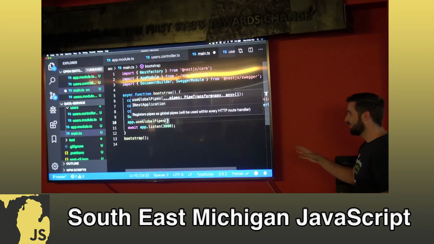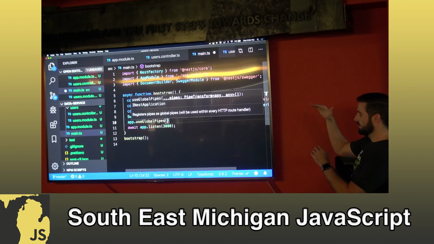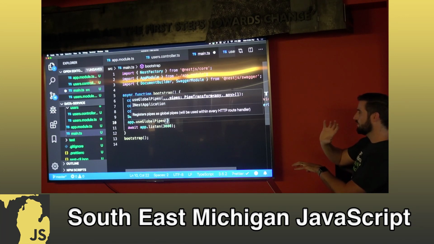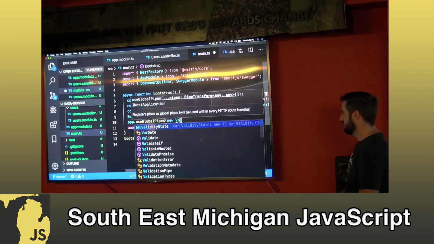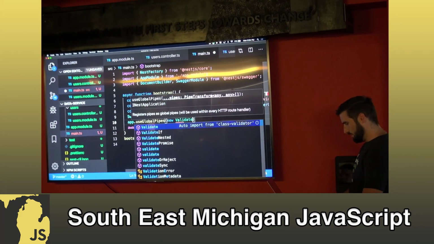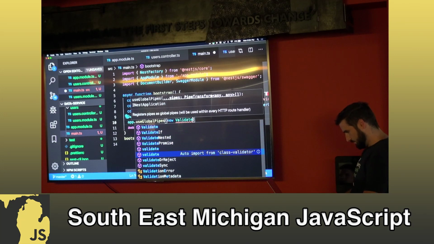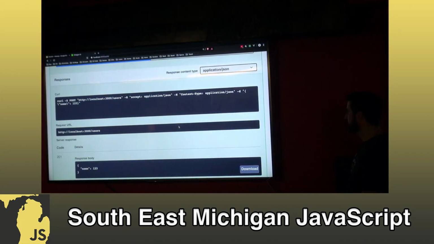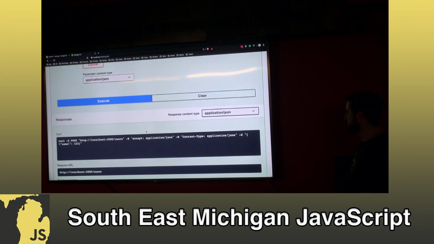We're not going to go into what a pipe is, but all you have to know is that when a request hits our controller, it goes through a pipe first. So when we validate a request, we want to do it before it reaches our controller, and that's what a pipe can do for us. So we pass in our ValidationPipe, instantiate that there, and just with those 2 lines of code, if I now try to create the user123,